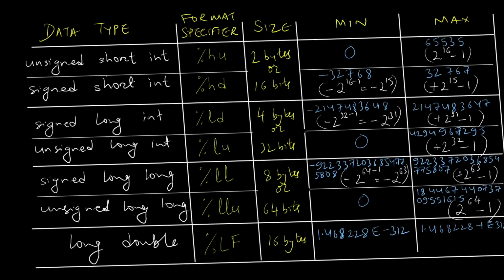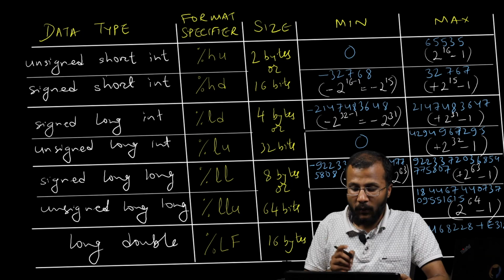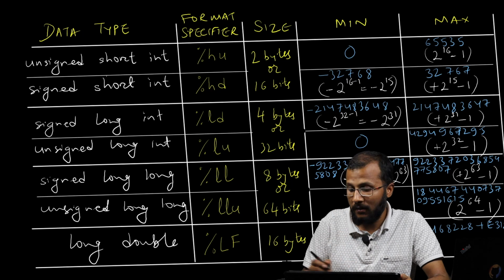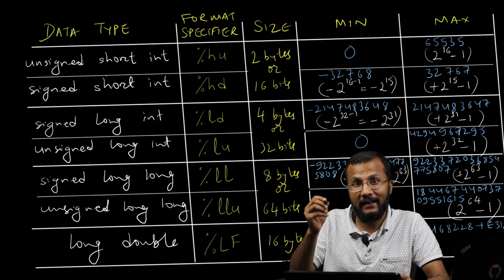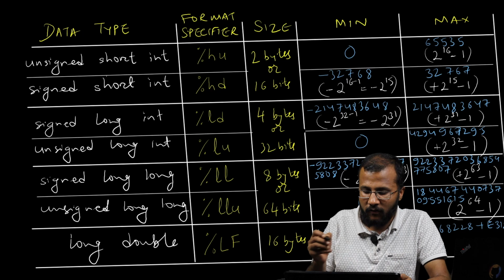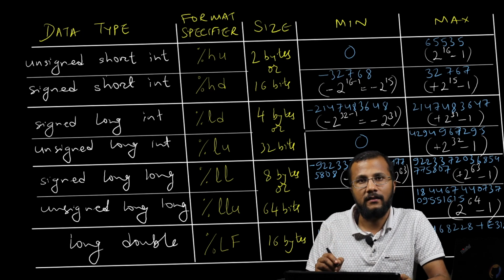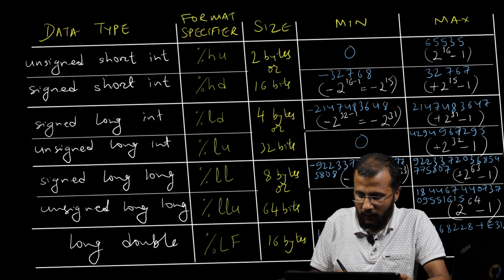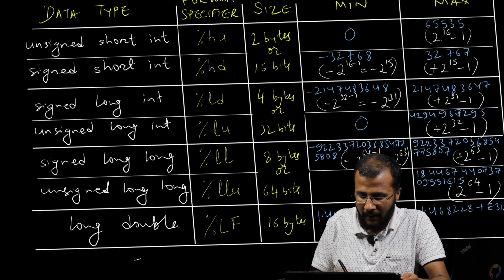Now I've summarized this entire thing in tabular form here. You can see the data types in the first column, then the format specifier, the size, and the minimum and maximum value. The reason I've made this table is that you need not actually remember the minimum and maximum range. You can derive it. For the signed integer, we have already derived the formula. The range would be -2 to the power n minus 1 to +2 to the power n minus 1,